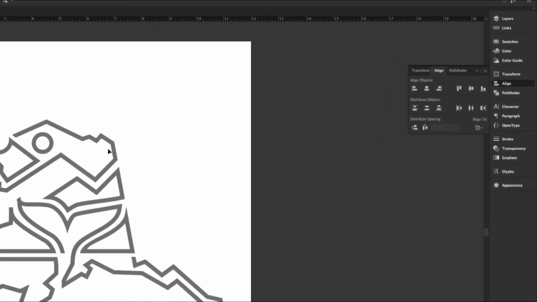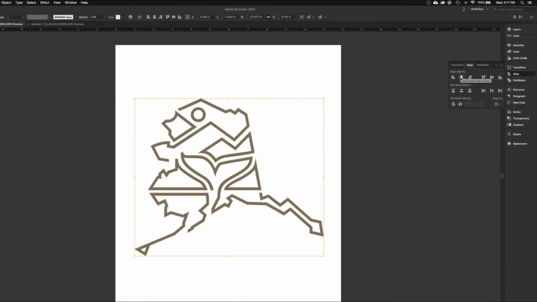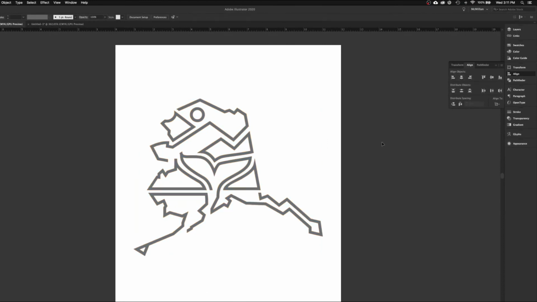And then make sure the icon is selected. And then I'm going to click this horizontal align center. It's the second one from the left under align objects. And that's going to shift that to the center of the artboard. I still feel like it needs to pull over to the right just ever so slightly to be visually centered